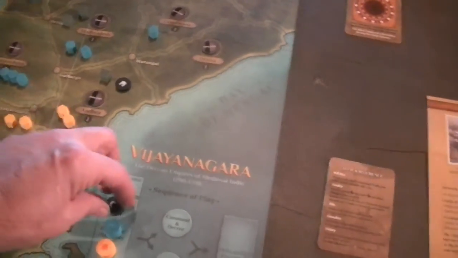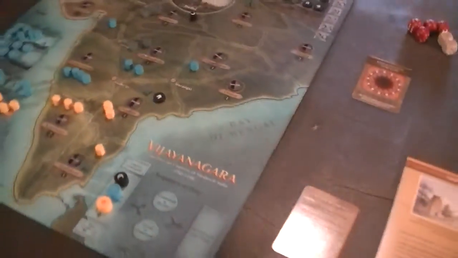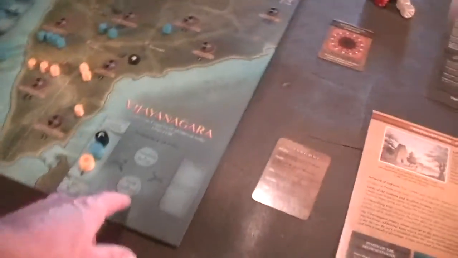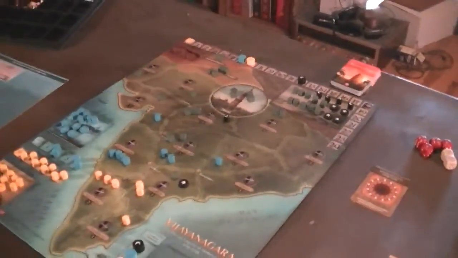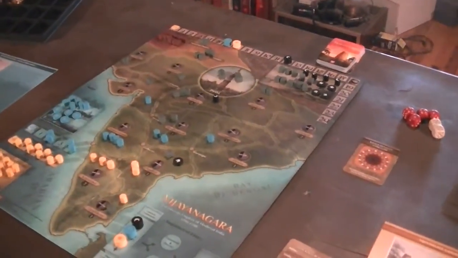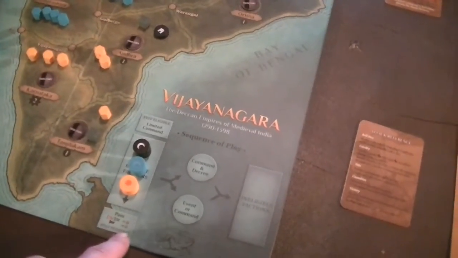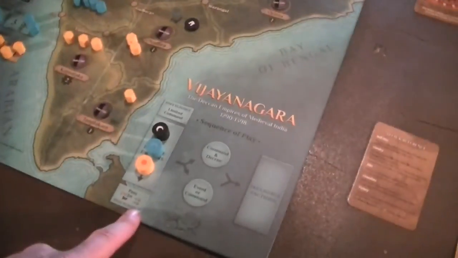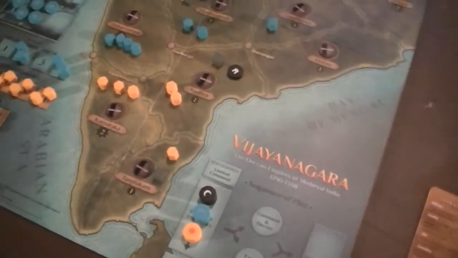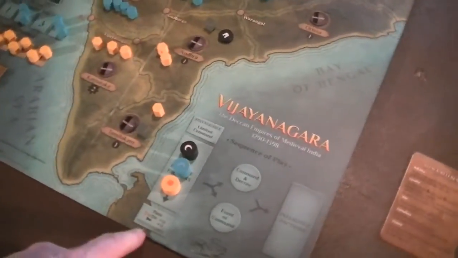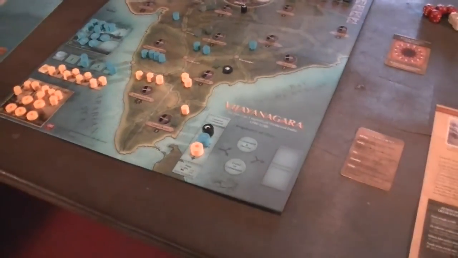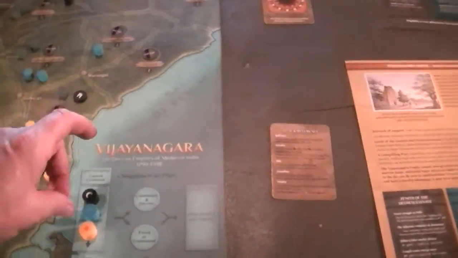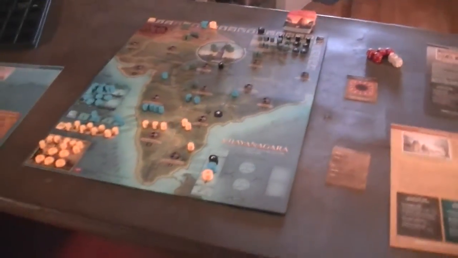You could do a limited command, which allows you to take the command opportunity, just like here, except only influencing one area on the map. And then you have another option, which is to pass, which gets you, I think, resources. And depending on who you are, you get more or less resources. Either of these allows you to be eligible for the next card.